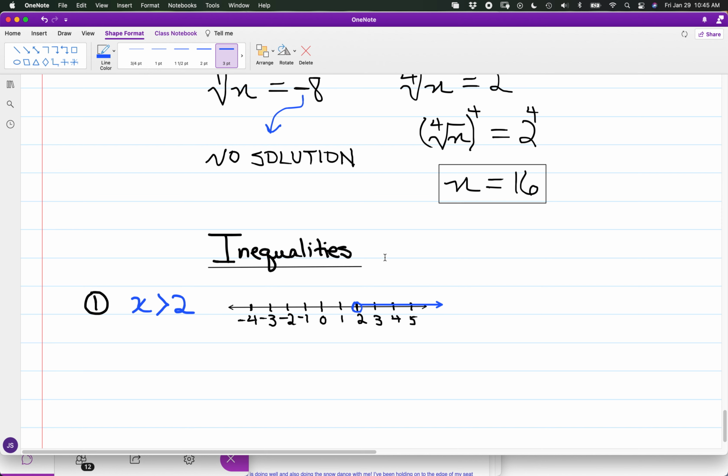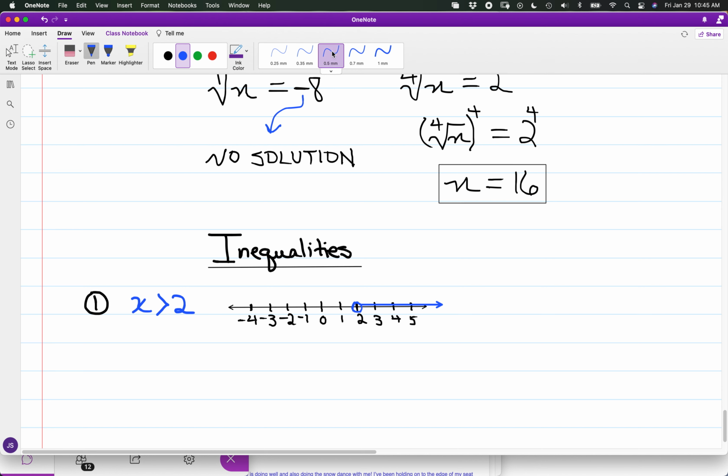Okay, so you have a ray that's going out to the right, and the interval notation we have here will have parentheses and/or brackets. For x is greater than 2, you're going to start at 2 but not include 2. The exclusion of 2 is indicated by a parenthesis, and then continuing out to the right, we have going out to positive infinity, and infinity is also in parentheses, because infinity is